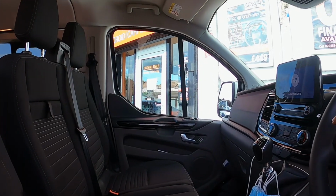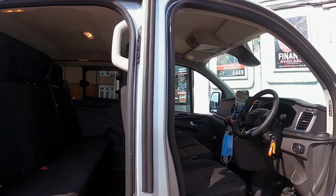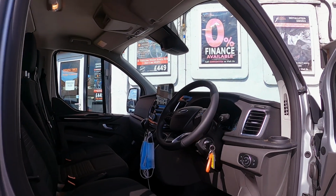So if you're interested in getting an upgrade done on your commercial vehicle, perhaps some speakers or subwoofer, or even integration on the factory screen, we can do that as well. Get in contact with us. Your details are at the below